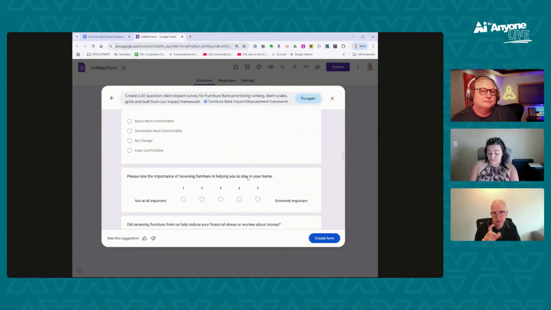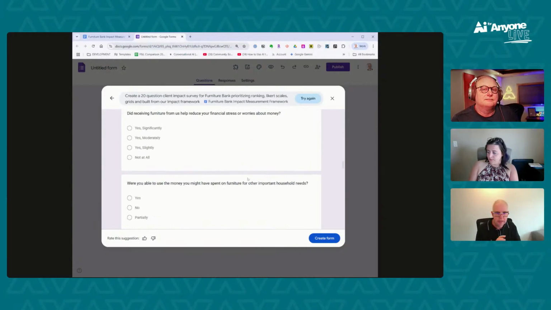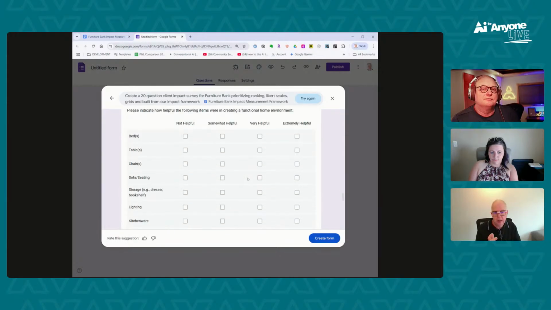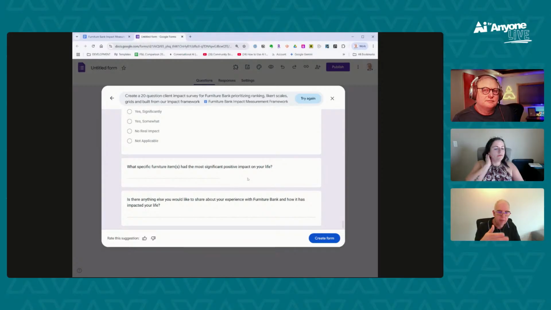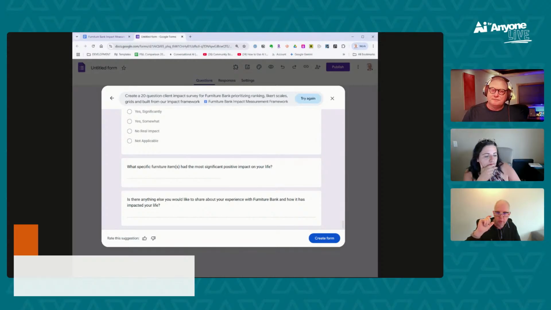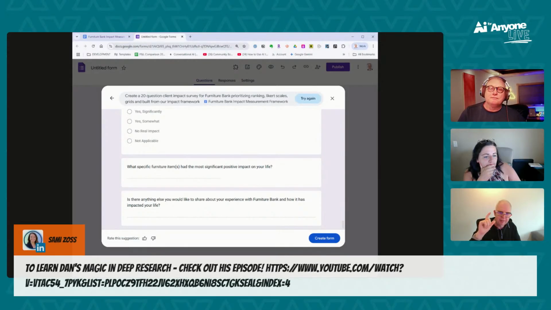Would I have changed some of the questions slightly? Yes. But I have something that I would never have been able to pull off, and my impact measurement person could take and refine using their, what's the new word that we should be using, Tim? Taste. We can use the individual's experience to refine this.